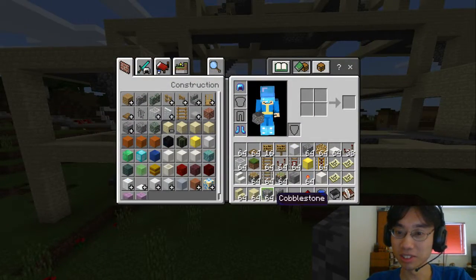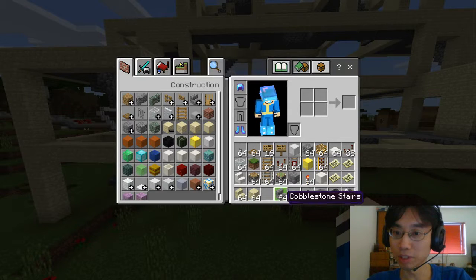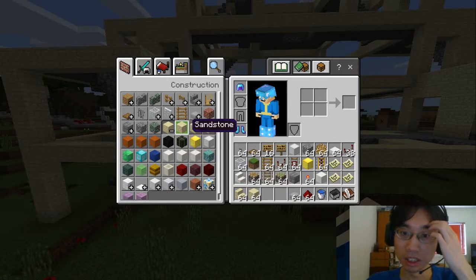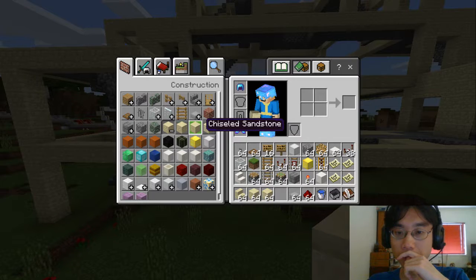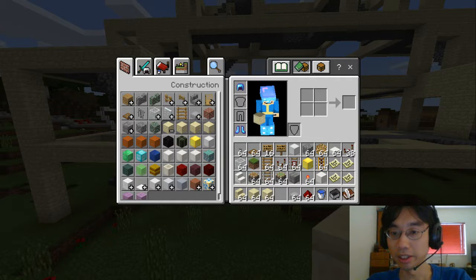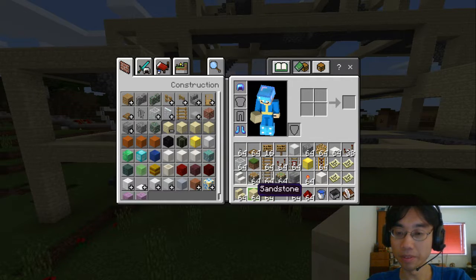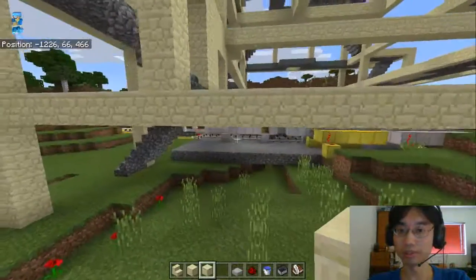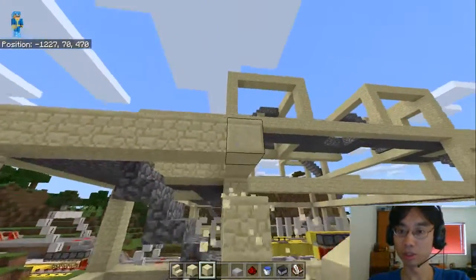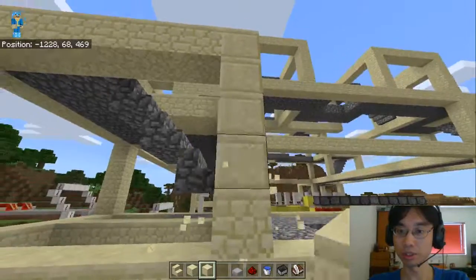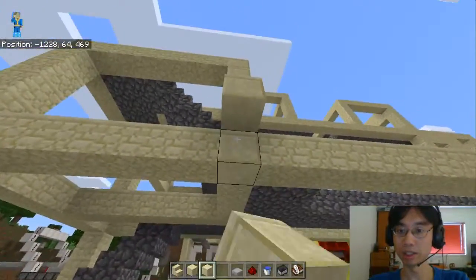Let's go sandstone. Can drop that for now. Chiseled? Smooth? Smooth. We don't want the chiseled stuff, it's just how it's whack. Maybe we do. No, it's whack. Smooth sandstone. And sandstone stairs. So let's say these lines are gonna be smooth sandstone. The smooth sandstone is gonna outline the thing,